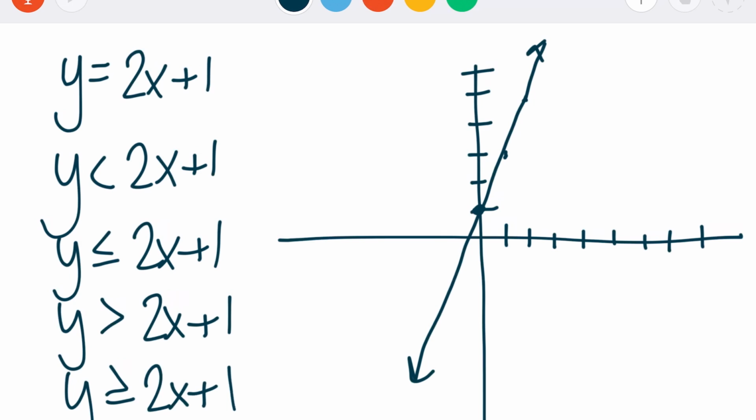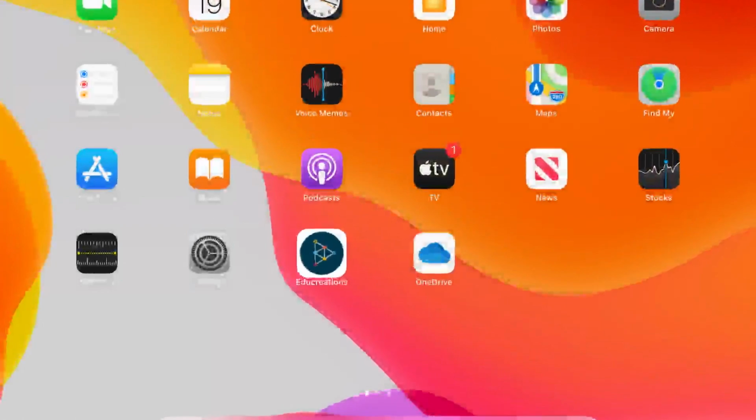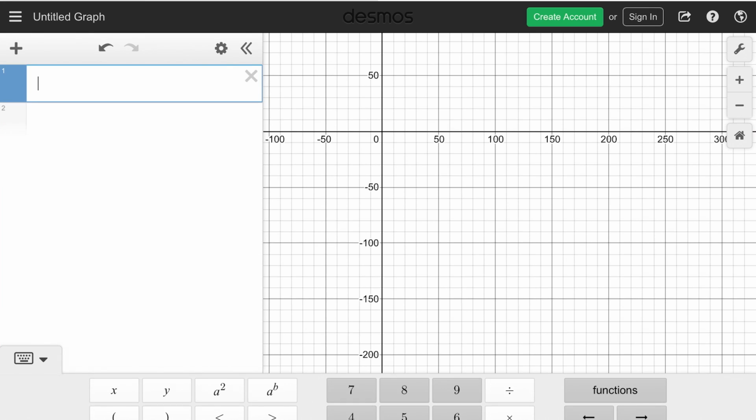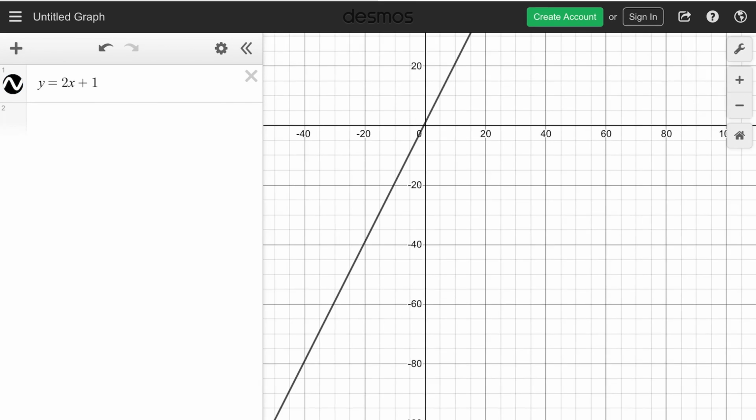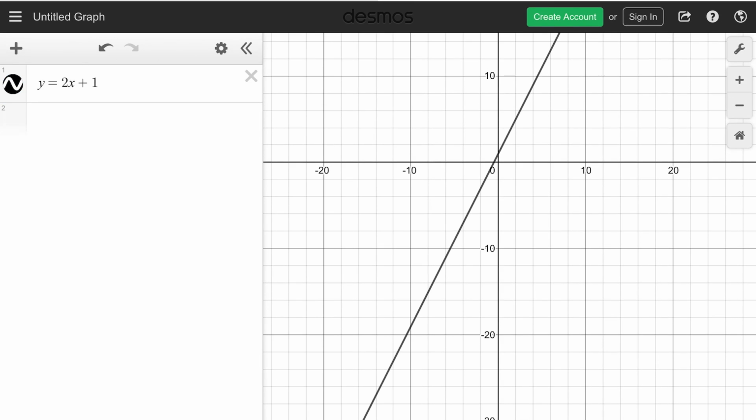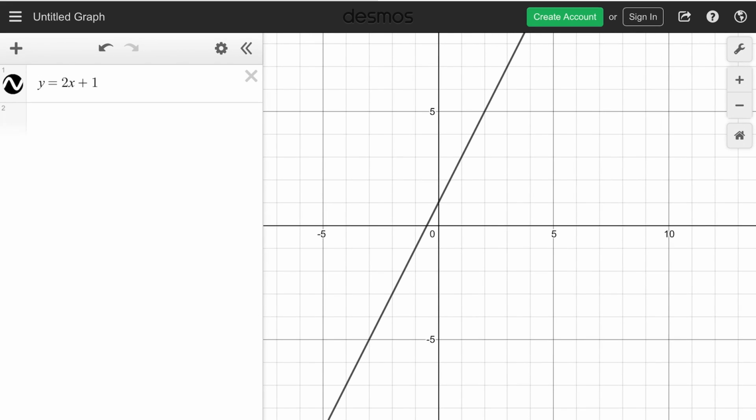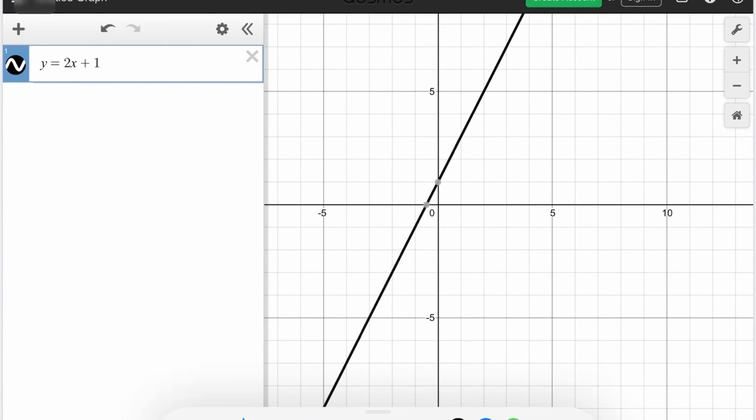In order to make this easy, I'm going to switch over to Desmos. So let me pop over to Desmos. Let's put our original equation in. Y equals 2x plus 1. And I'm going to zoom in because I don't want my numbers to be so big. Here we go. Okay. So remember that all of the points that are on the line satisfy the equation. So just for grins, I'm going to say, okay, so here's a point 0, 1. If I put 1 in for y and 0 in for x,